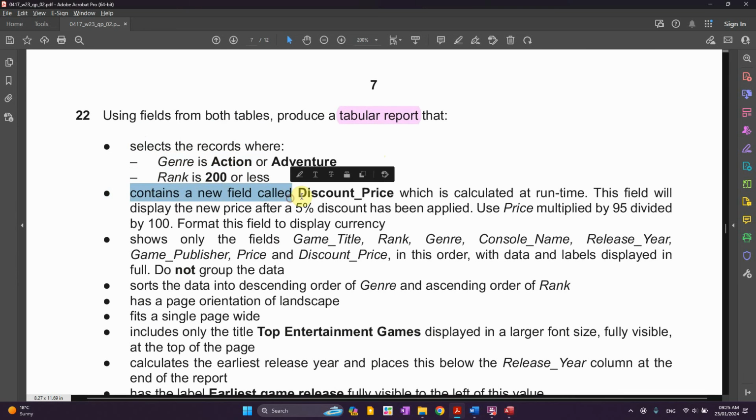And then contain the new field that is called discount, which is calculated at runtime. This field will display a new price after a 5% discount has been applied. So use the price multiplied by 95 divided by 100. So if, let's say, you have price multiplied by 95 and then divided by 100, we will come to this, I will explain it, and format it as a currency